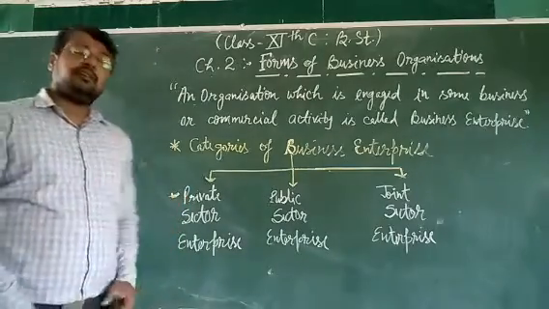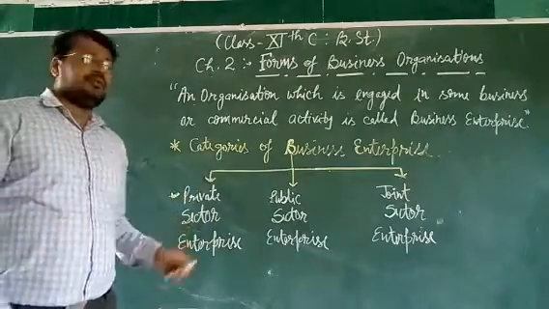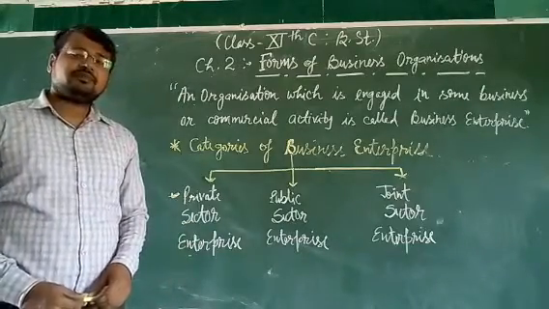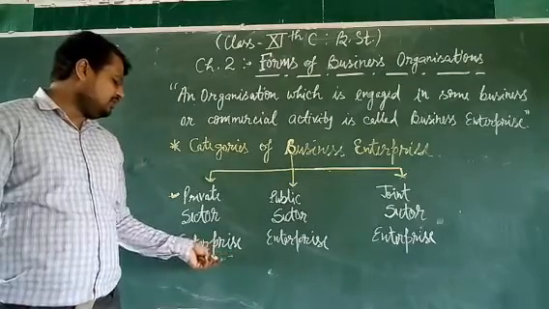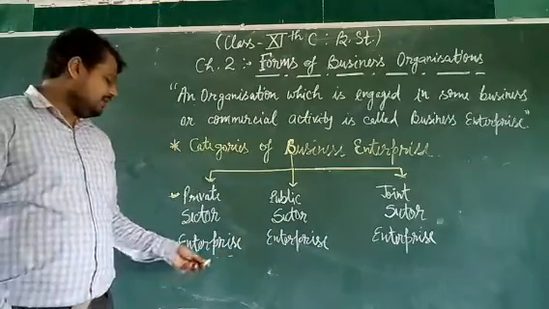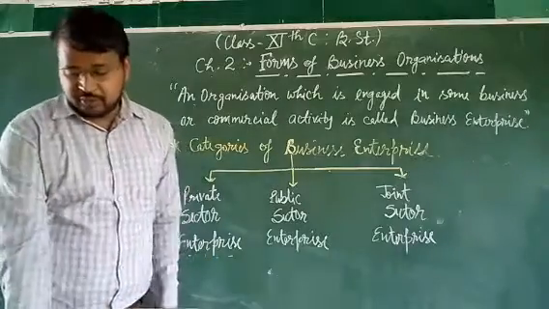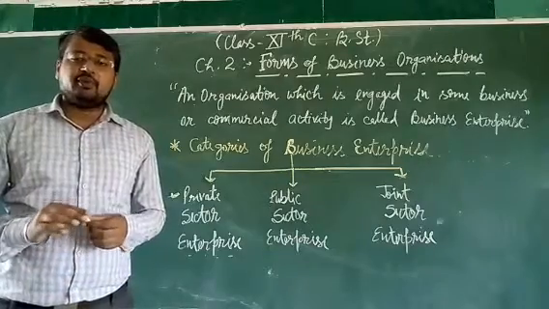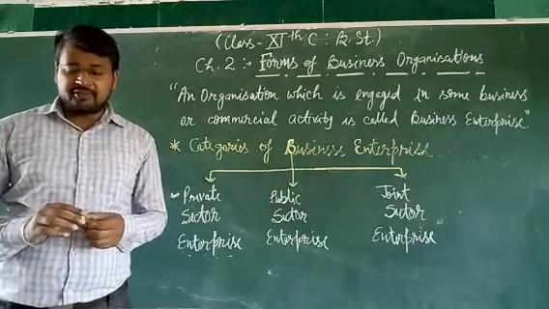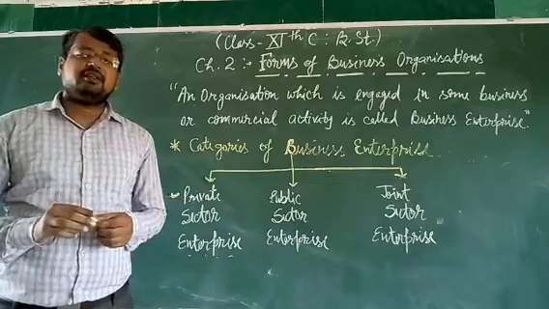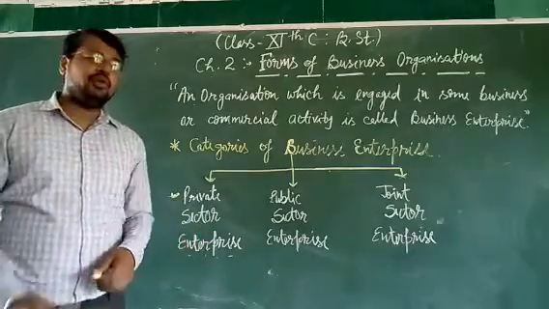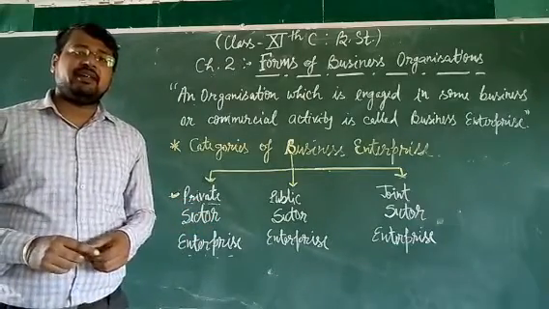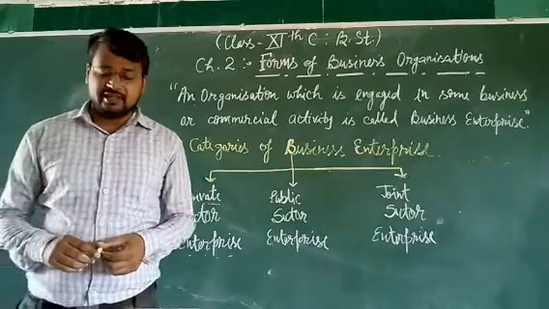How many types of private sector enterprise are there? How are these units formed? What type of framework is required? What are the procedures, laws and policies of government to support this type of industries? We will discuss one by one. So first, the private sector enterprises, as per your book, are owned, controlled and managed by private individuals. So it clearly suggests no involvement of government. The name private in itself suggests that ownership is in the hands of private players. So you can easily understand.